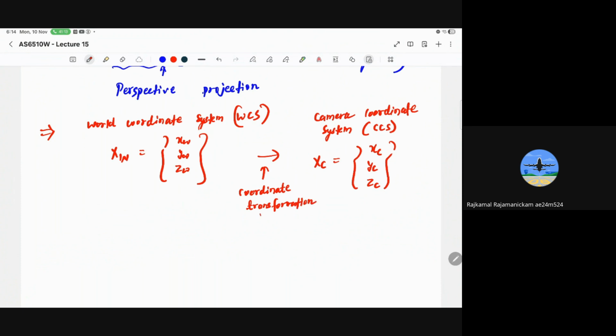Okay, meaning that the transformation is simple. You just need to know what is the orientation of the camera in the world coordinate system and what is the location of the camera. That is represented by the rotation matrix and translation vector. So this is a simple coordinate transformation. With the help of these matrices, we'll be able to know what is the orientation and what is the location of the camera or this particular point in the world coordinate system. So this was the one, and then